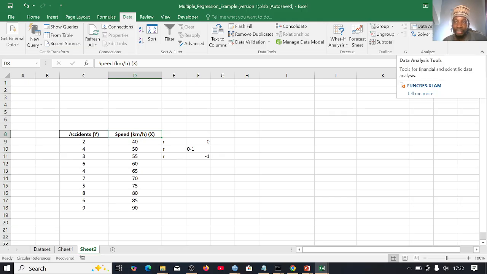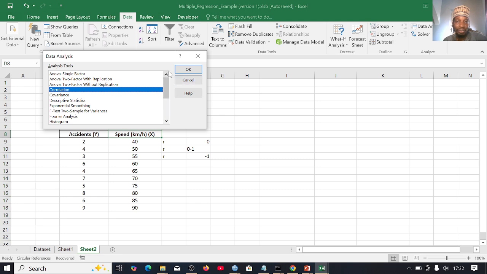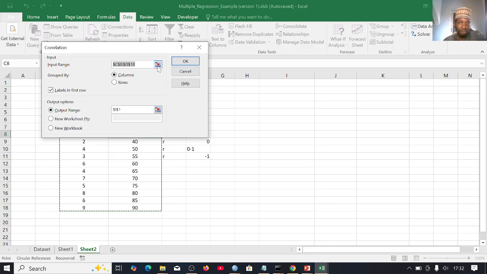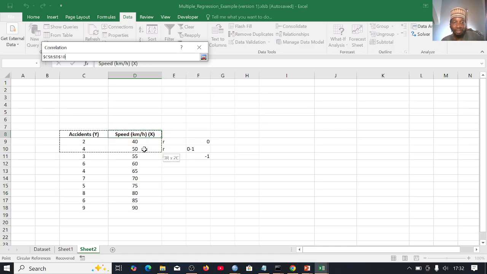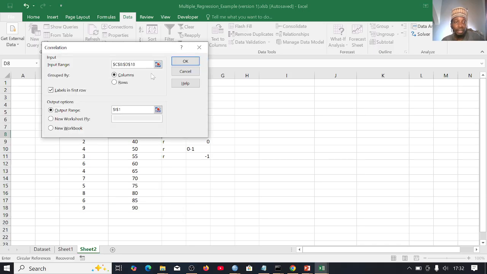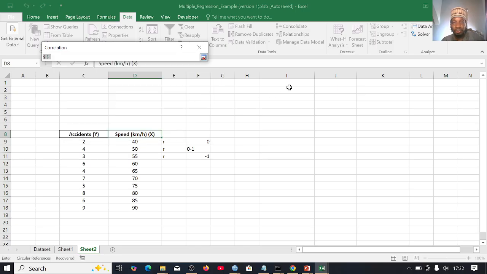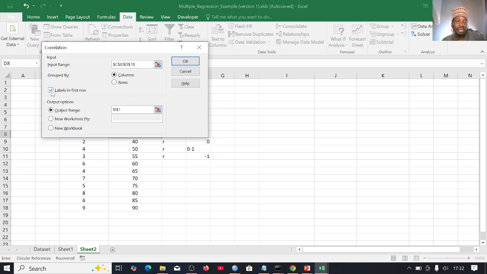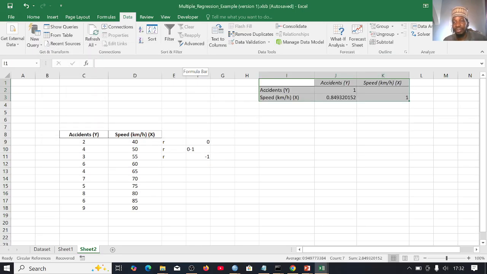Let's go to the data, then the data analysis, then we come to the correlation. Then we choose our variables, including the headings. Then we choose where our output is supposed to be. Because we are selecting the headings, we check this. Then you click on OK. As you can now see, the Excel output just gave us an R value of 0.849,